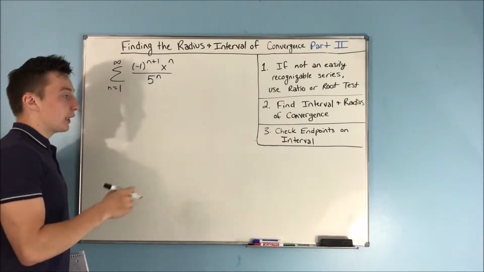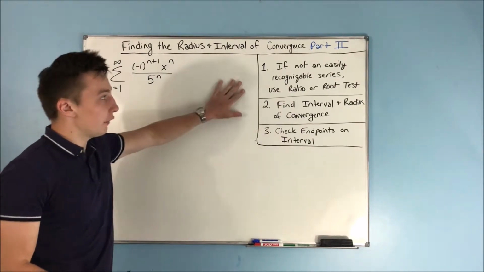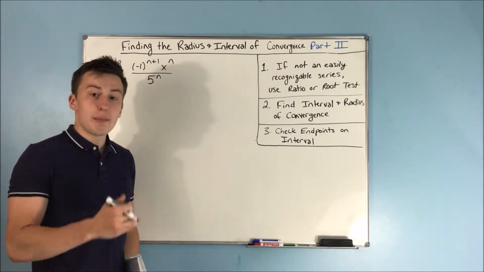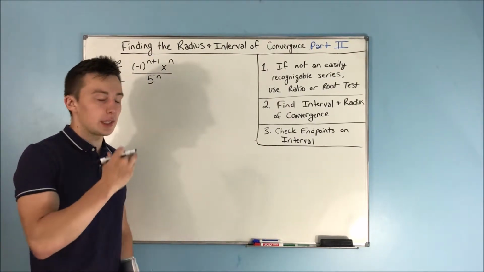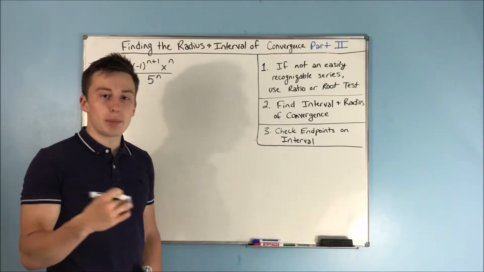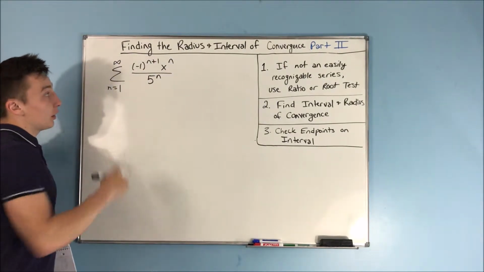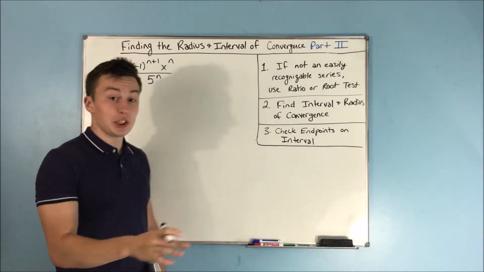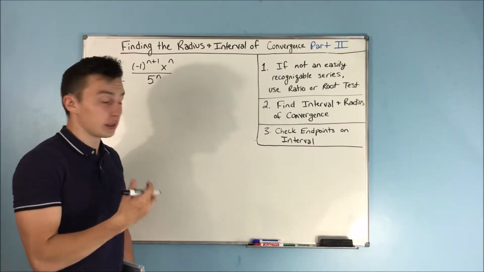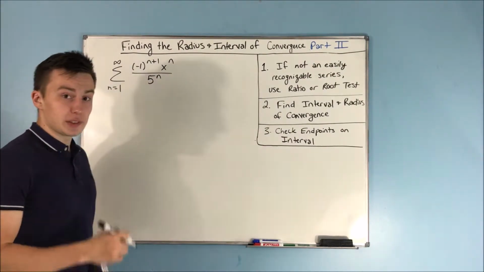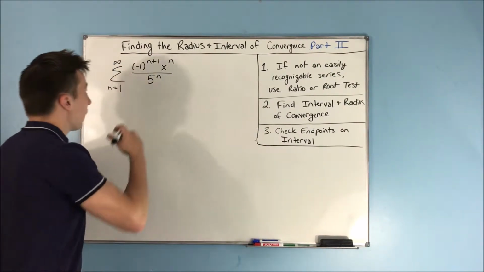Okay, so I wrote a step-by-step process on the board over here, and first we want to see, is this an easily recognizable series, or something that we could make into an easily recognizable series, like a geometric series, or a p-series, or something like that. Well, actually, yeah, we could do that, so we could even just not do the ratio or root test. Now, we could do the ratio test to solve this, but it'd be easier to just make this a geometric series. Okay, what we can do,